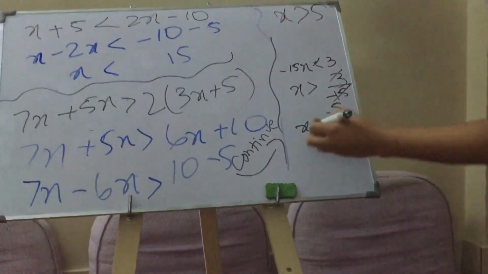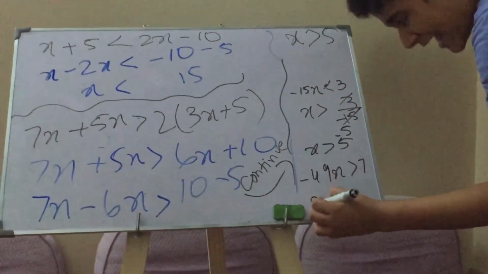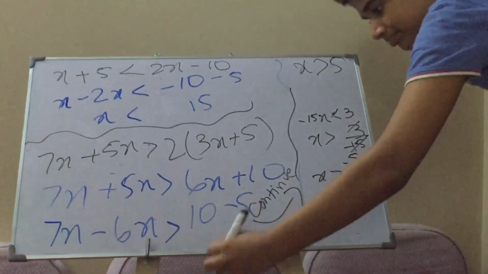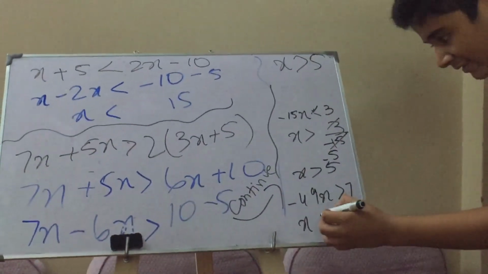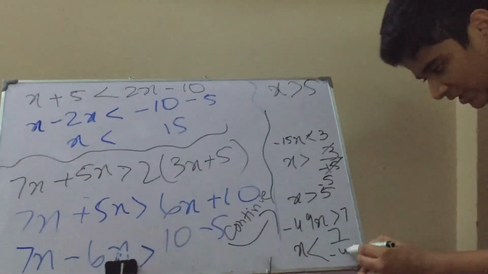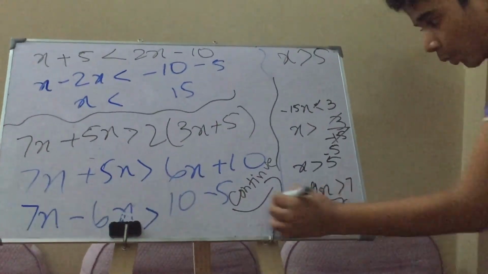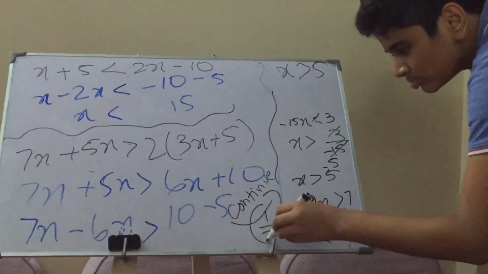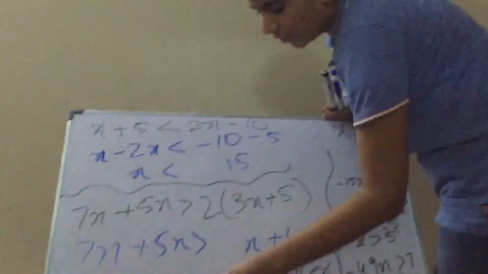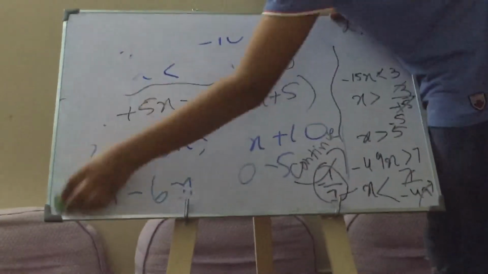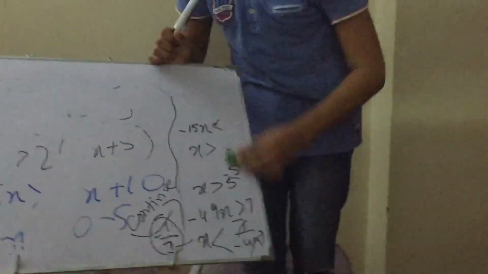Let's take like it is minus 49x and 7. This minus 49 is transferred to this side, and the sign is also changed. 7 7s are 49, 7 7s, 7 1s. So the answer is x is equal to minus 1 upon 7, like this. Just remember this forever in your mind, as this is that topic, and in your career this would help you.